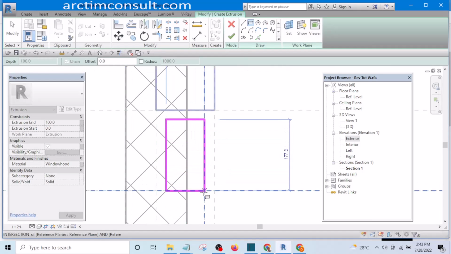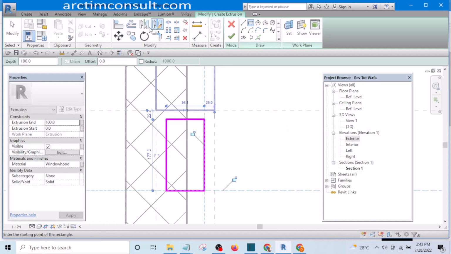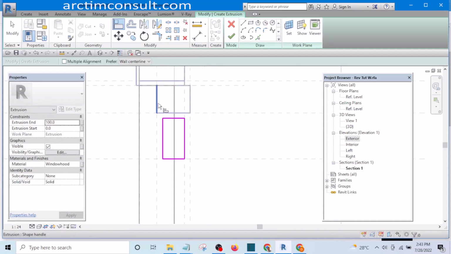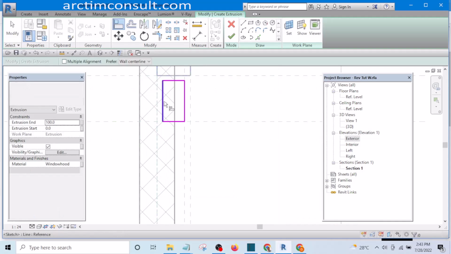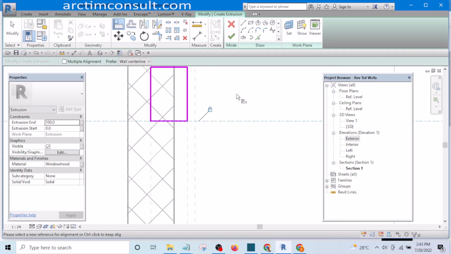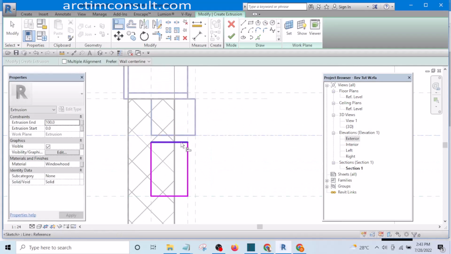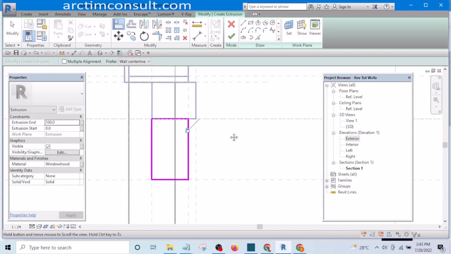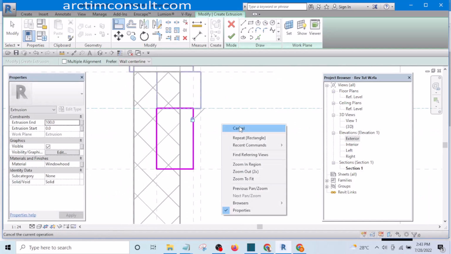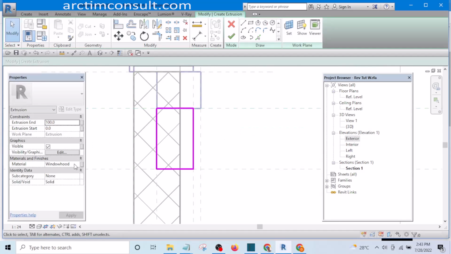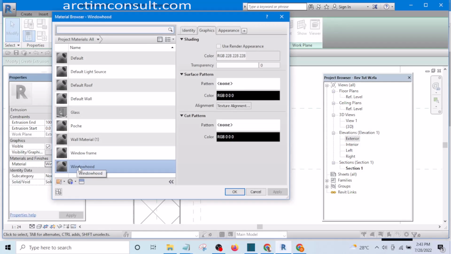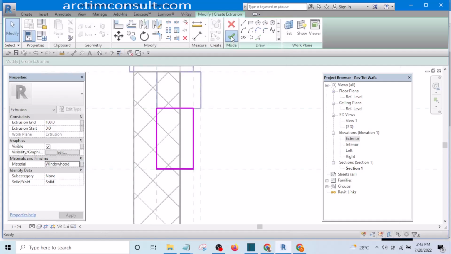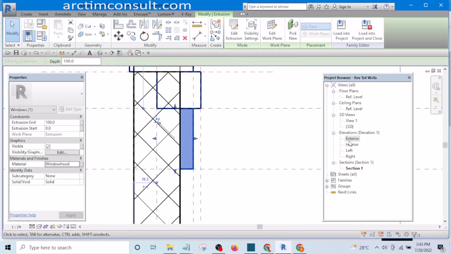And the first thing we'll do is just draw a rectangle, just a normal rectangle, and lock it to all these reference planes. And change the material to have the same material as the window hold is okay. And let's finish it. Now let's go to our exterior